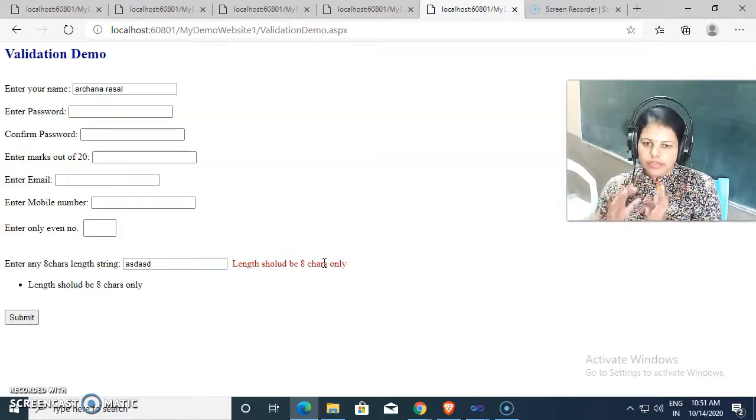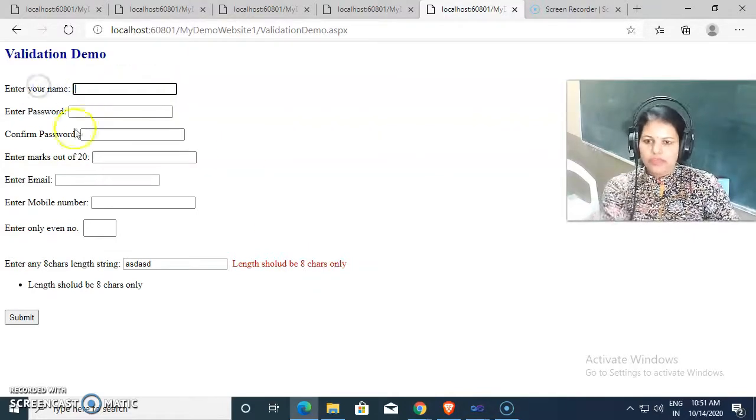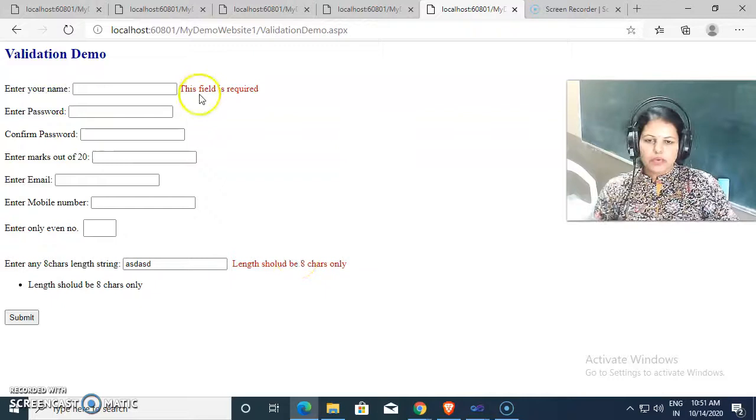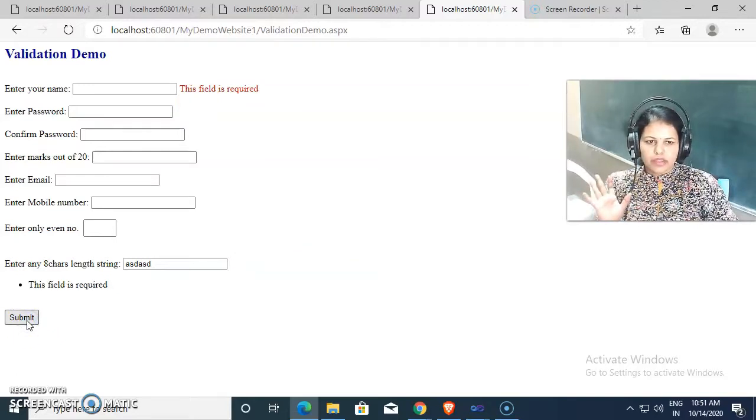So you need to correct all the client side validation, and then control goes towards the server side validation. Means if you are not giving this value, then client side validation will be checked first before this server side validation. If I click on the submit button, this message will not be displayed because there are some errors inside client side validation.